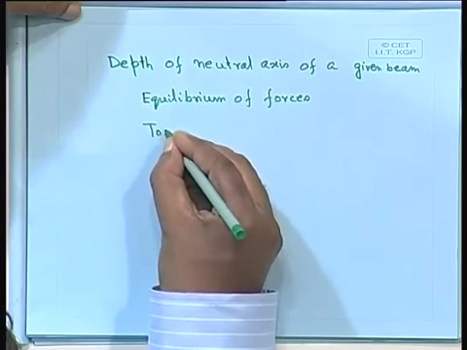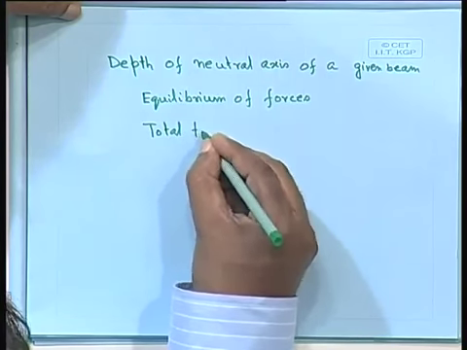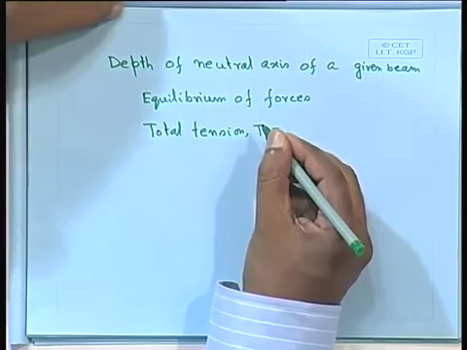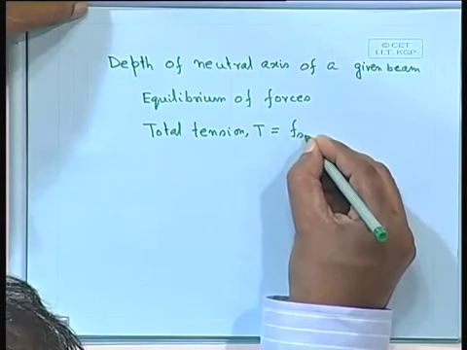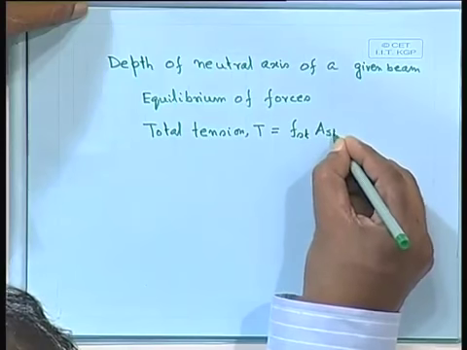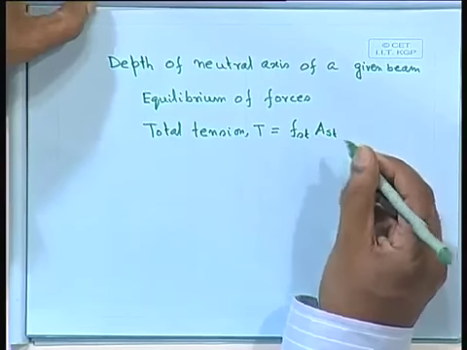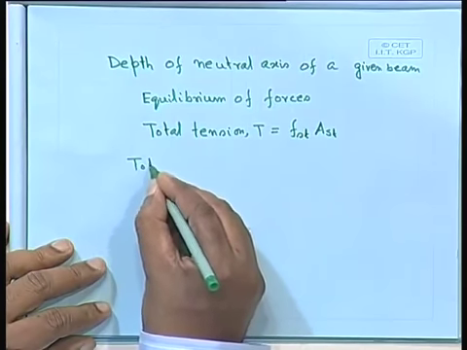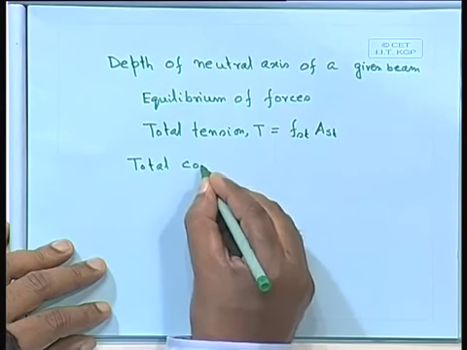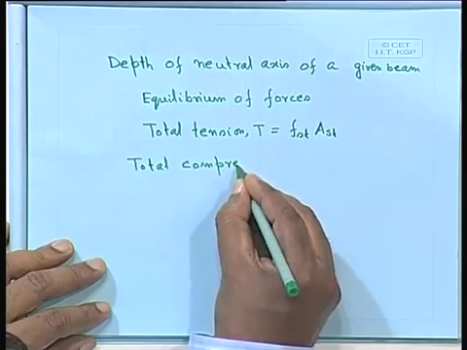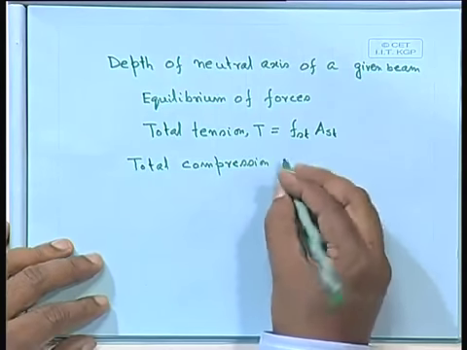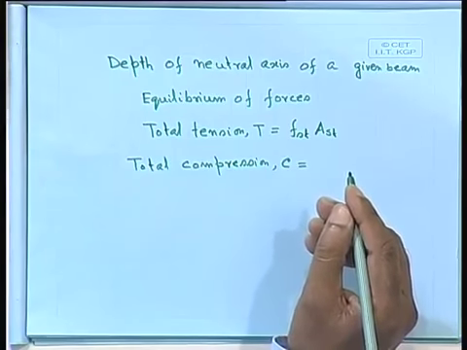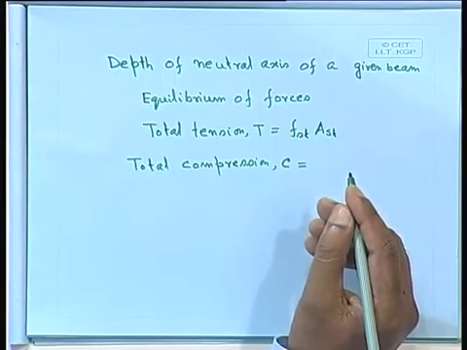Total tension T equals fst times Ast, stress times Ast. Total compression C equal to